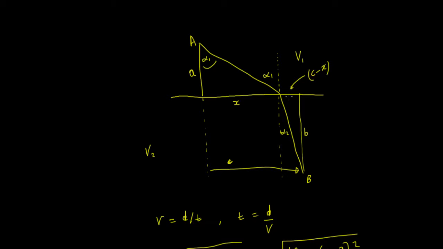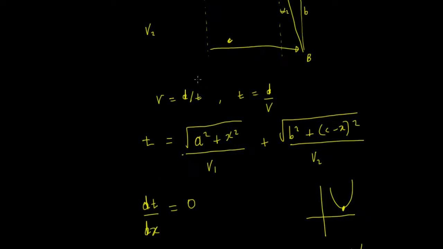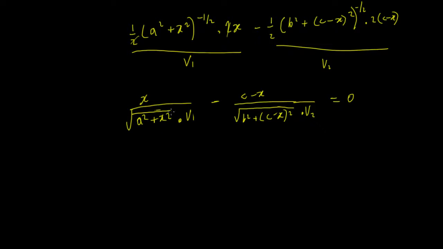So that's just going to be the sine of this angle here. So that whole thing can be written as the sine of alpha 1 all upon v1